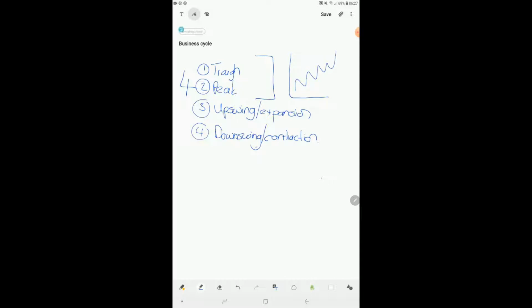So let's go through the graph. On your y-axis you have economic activity, and then on your x-axis you have time. You have your business cycle, and then you have what they call the long-term trend line. So during this period,